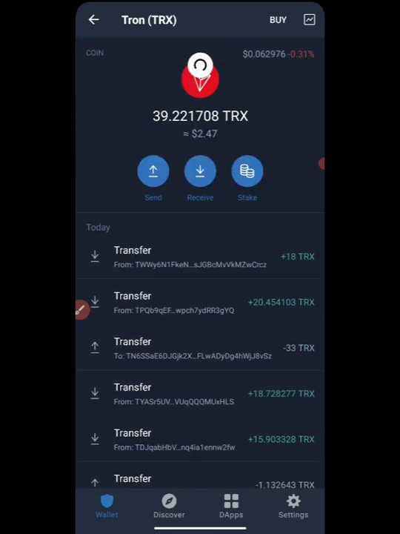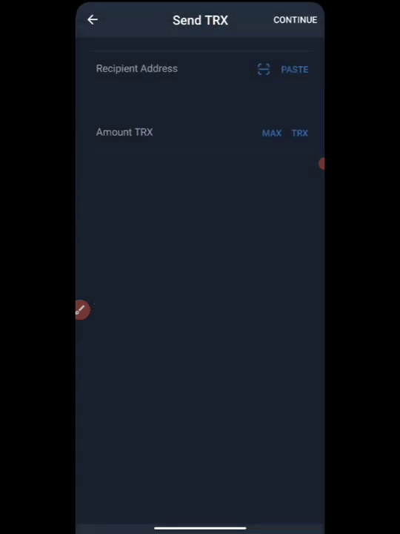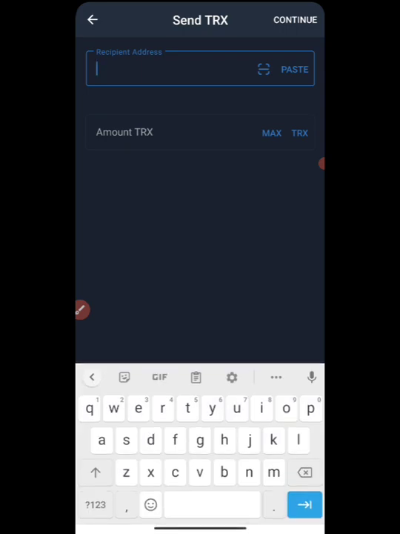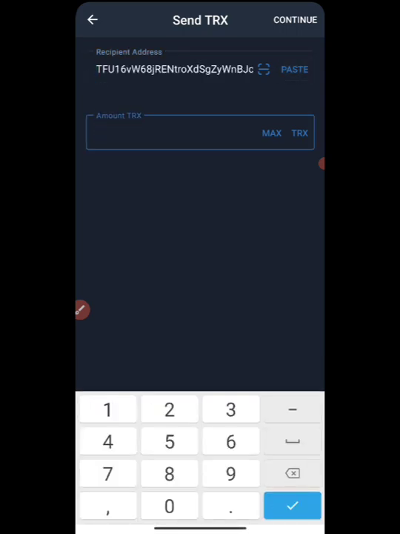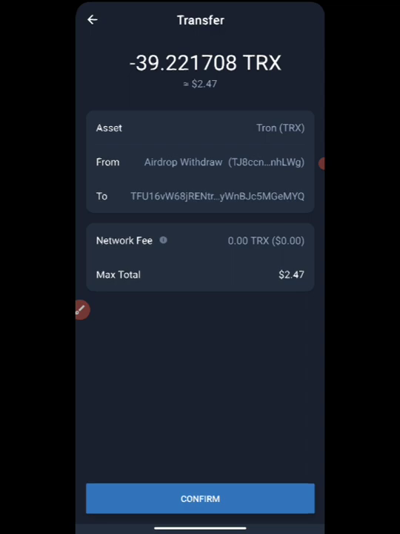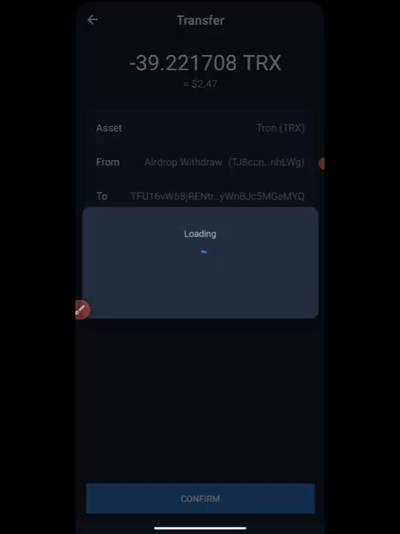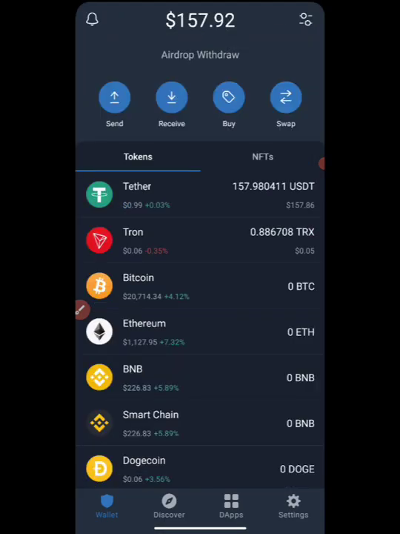So let's check back this area. Okay, it's yet to withdraw this. Let's try to withdraw from our side. You can see what I'm talking about. Come right here, click on maximum, then click on withdraw. Then I can click on withdraw again, input the amount, then load it up. So you can see we cannot withdraw this because they are the only ones that can withdraw.